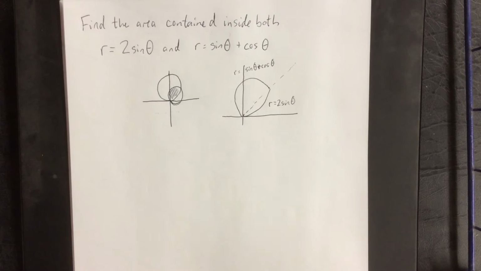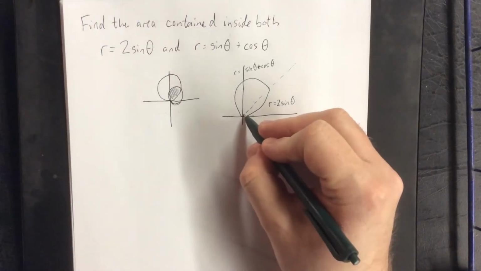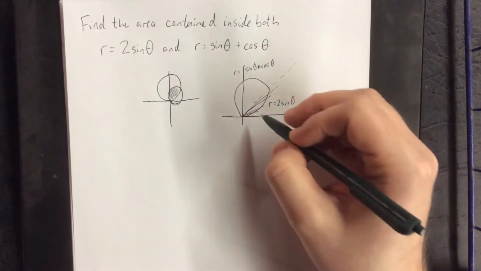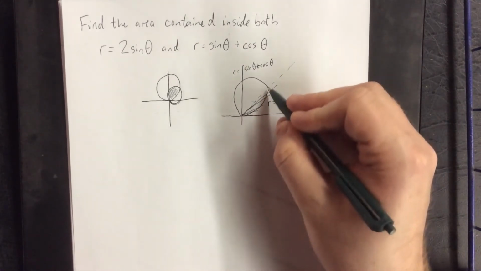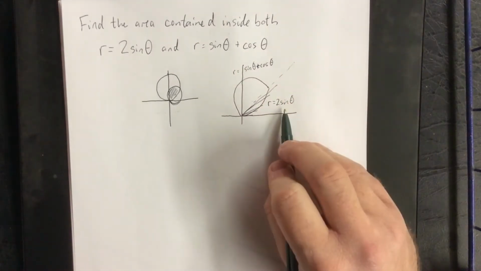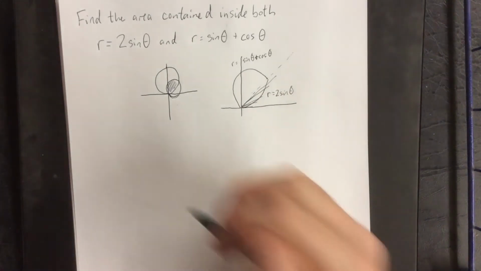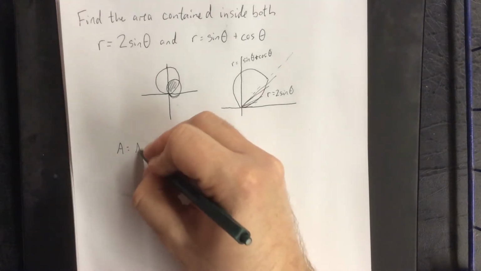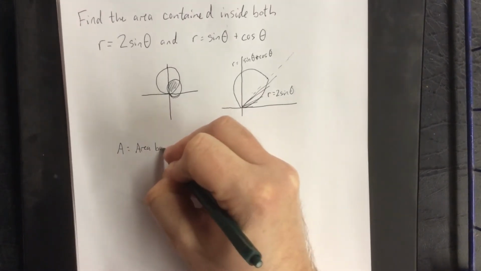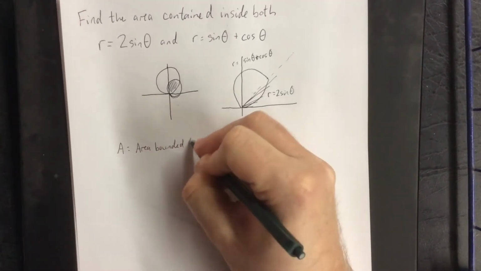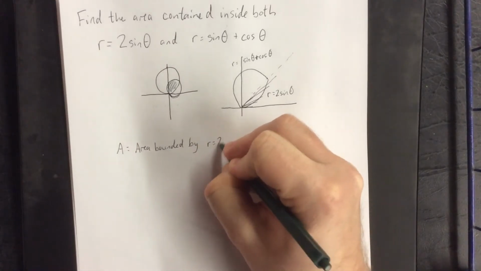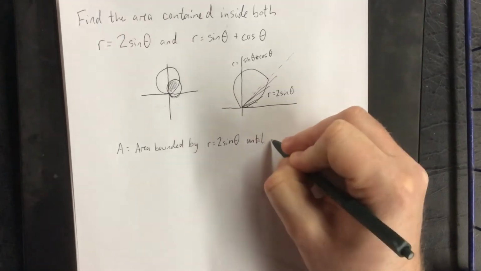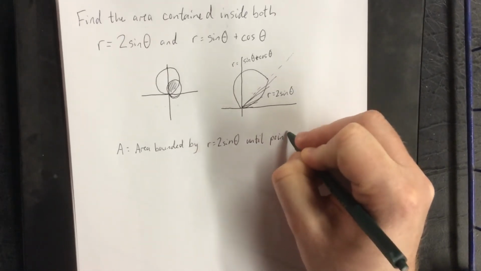Now, what this means for us is that through the first part of the region here, as theta starts to increase slowly, the only thing that is acting as a boundary for this region is r equals 2 times the sine of theta. So the total area is going to be area bounded by r equals 2 sine of theta until the point of intersection, or angle of intersection,